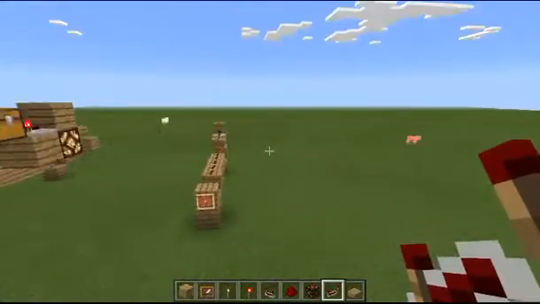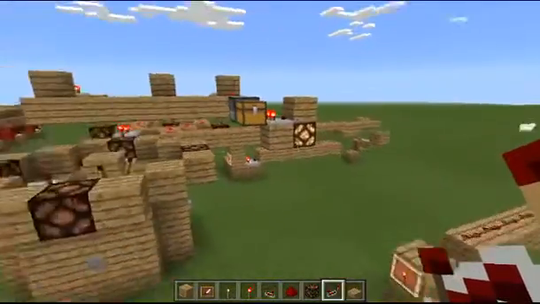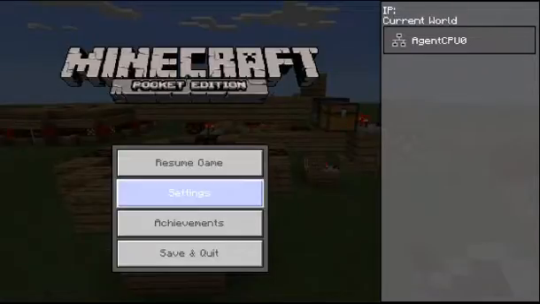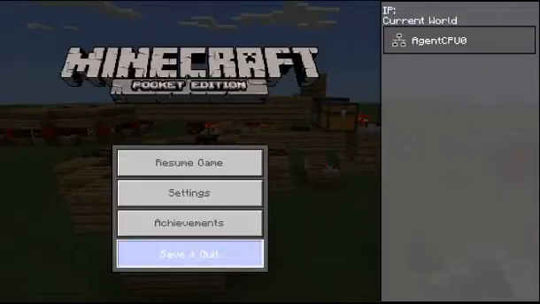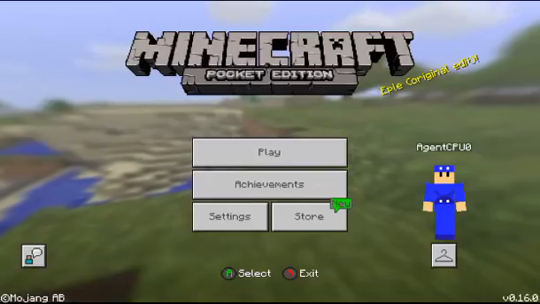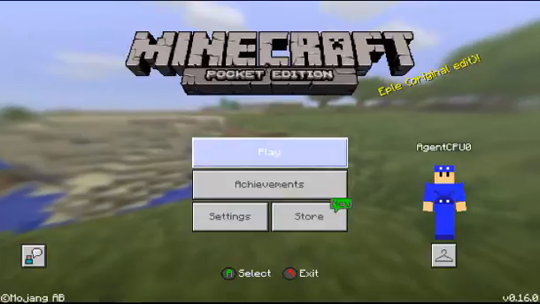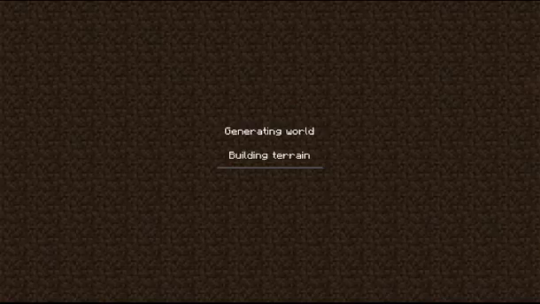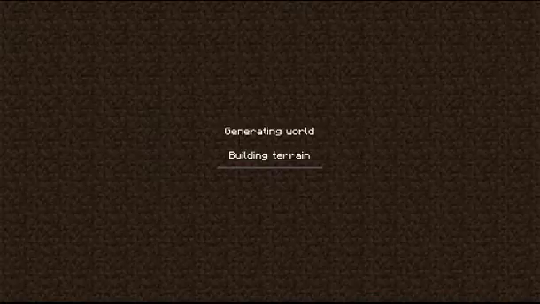So that's enough chit chat about how this level is going to work. Let's go ahead and go into Behind Locked Doors itself, because we spent like 10 minutes at this point just talking about this particular circuit, and this series is intended specifically for the puzzle map. Now we're entering the actual Behind Locked Doors map itself,